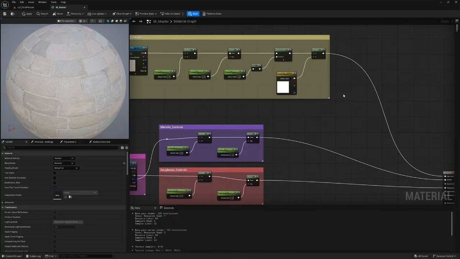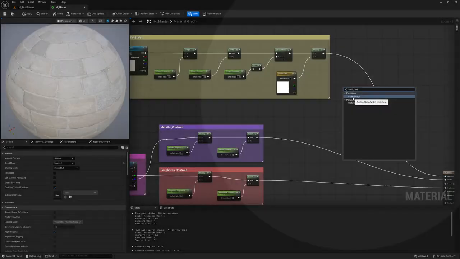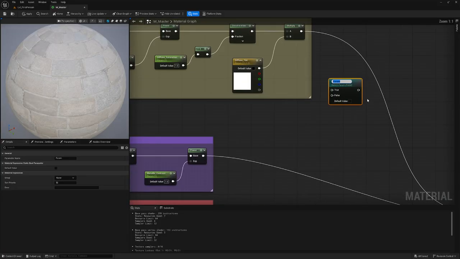So to do that, I will right click and add a static switch parameter, not static switch. Don't use this one. It's static switch parameter. And this static switch parameter, we will have to name it correctly. So this is diffuse